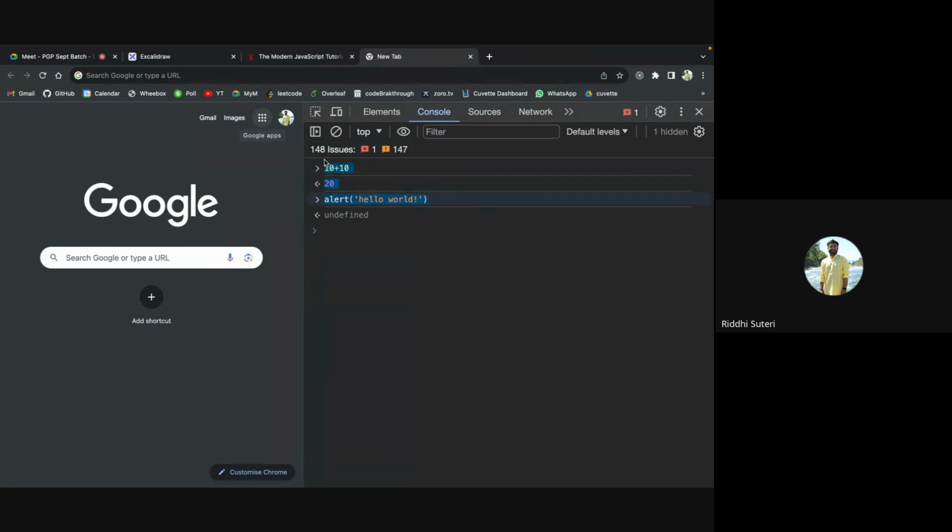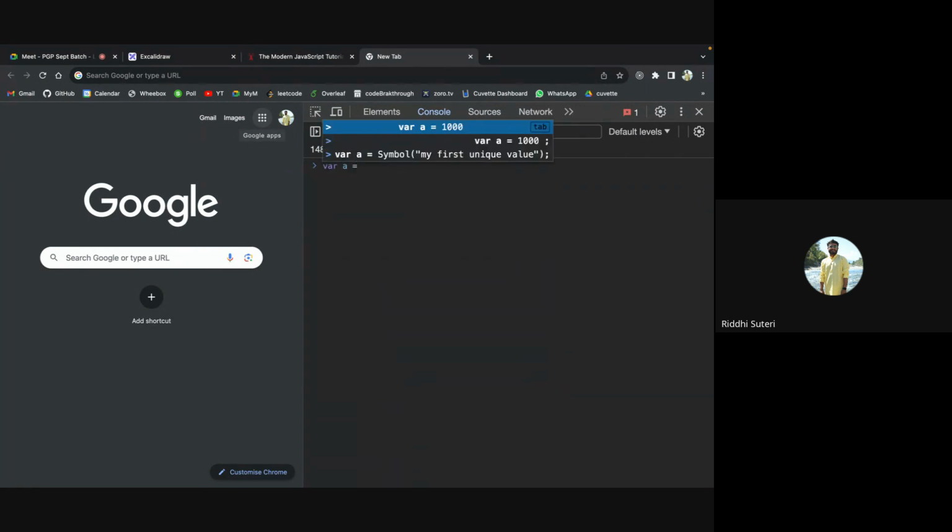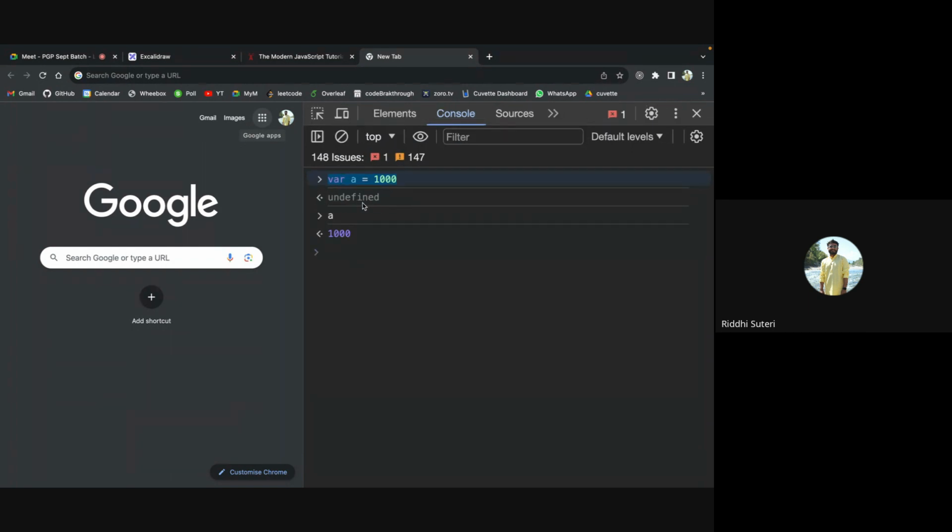Now, if everything we are writing here is JavaScript, let's see. If I define a variable like var a equals 1000, and I want to print the value of a, I'll just write a, and then hit enter. It will say 1000. Why? Because I have given a value of 1000 to the variable a, and wherever I print or evaluate it, it will evaluate to 1000. This is a part of JavaScript, and every line you write will execute in the very next line. एक line आप लिखोगे उसके next line में execute हो जाएगा. This is how, not exactly a compiler, but this is how a console area works in JavaScript in the browser, right? Okay.